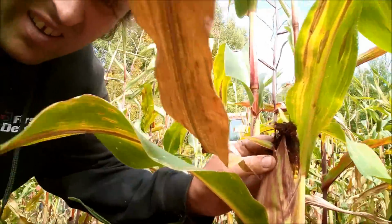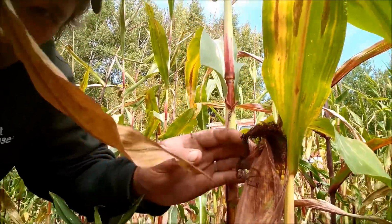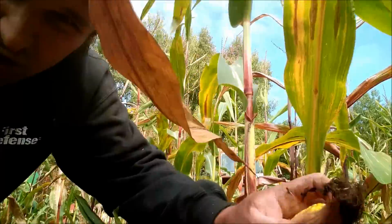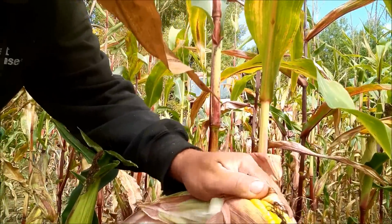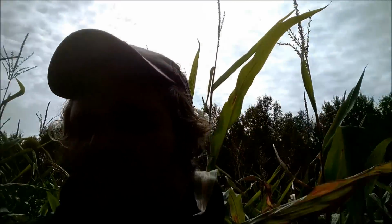Now what we're doing is we're taking the whole plant. The chopper there cuts it off and processes the whole corn plant. Where if you're going to combine corn, you would be taking just the kernels off. The combine would come through, pop the ear off the stalk, take all the kernels off the ear and throw the cob and whatever trash out the back. We're taking the whole plant. That chops it up, puts it in the wagon, and then we put it in